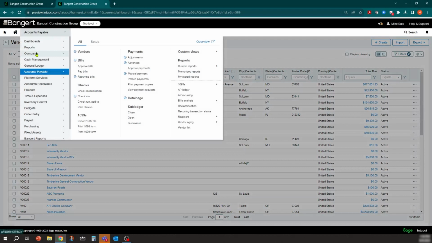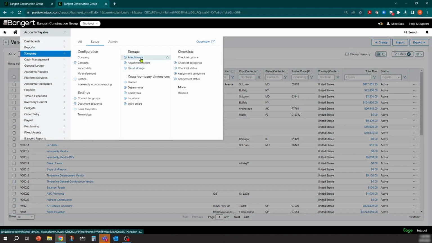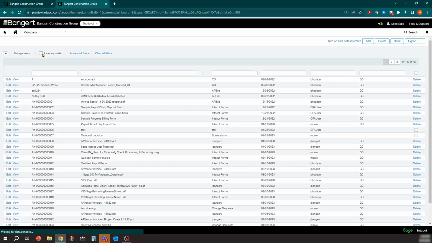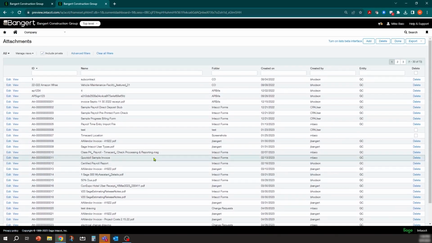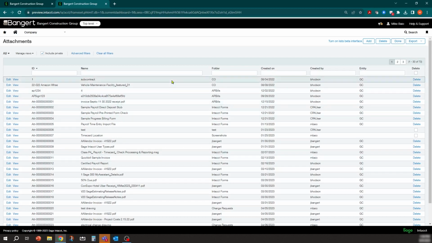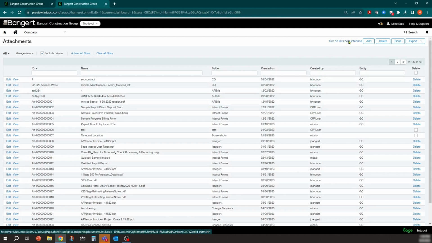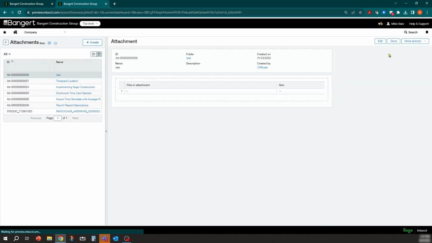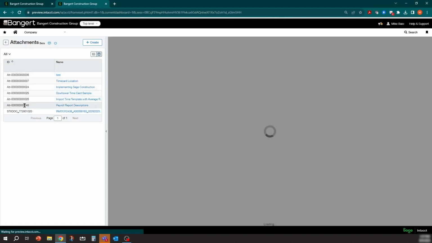So the other area would be over in attachments, where it's pretty helpful. If you have a lot of attachments in your system, if I want to say all my attachments, there's a ton of attachments in here. I want to do some better filtering and views for the attachments in the system. I can turn on the beta list here for the enhancements by clicking on that. And then once you're in attachments, same type of thing that we did earlier, the split screen comes in nice and handy here.